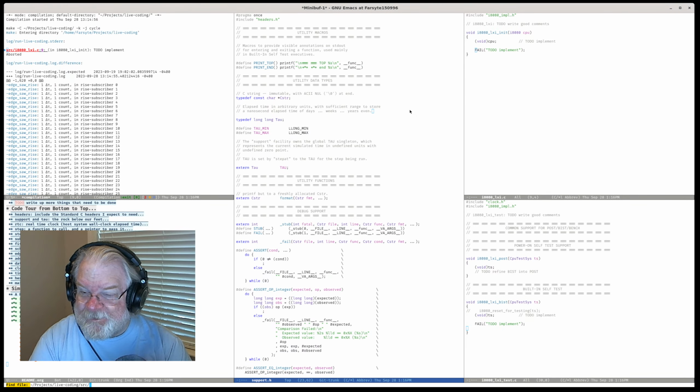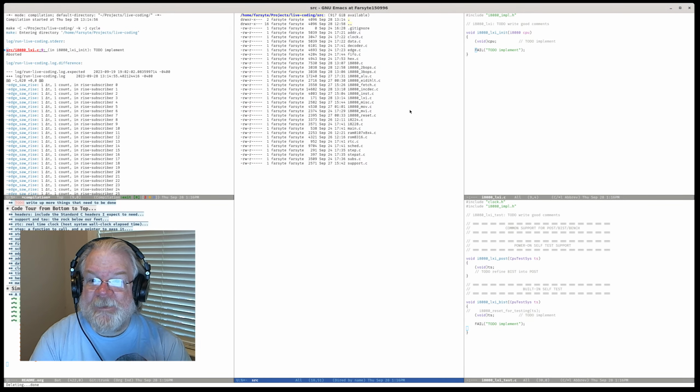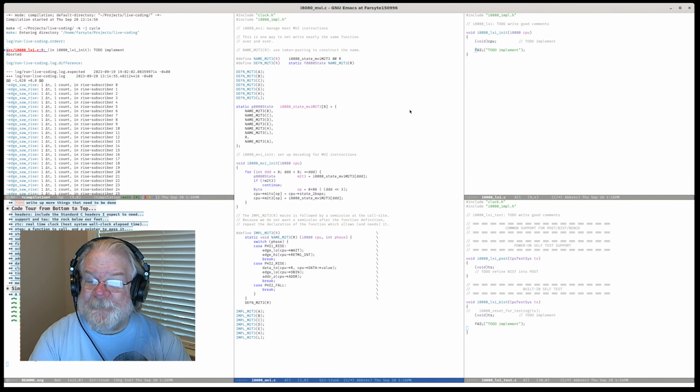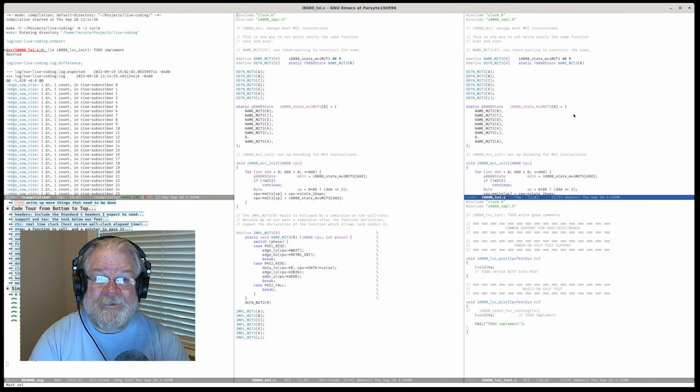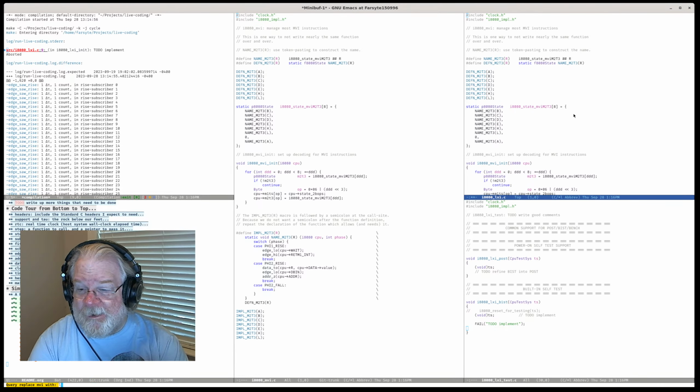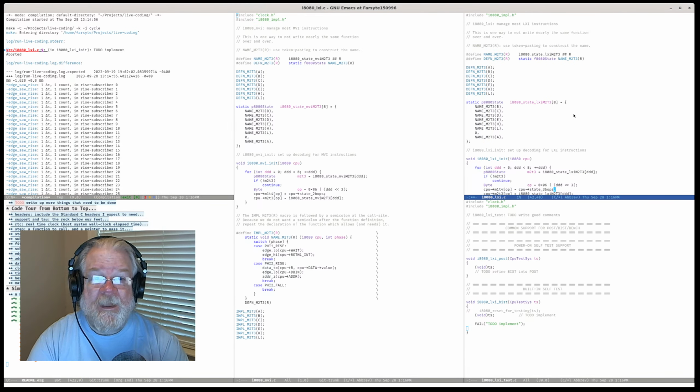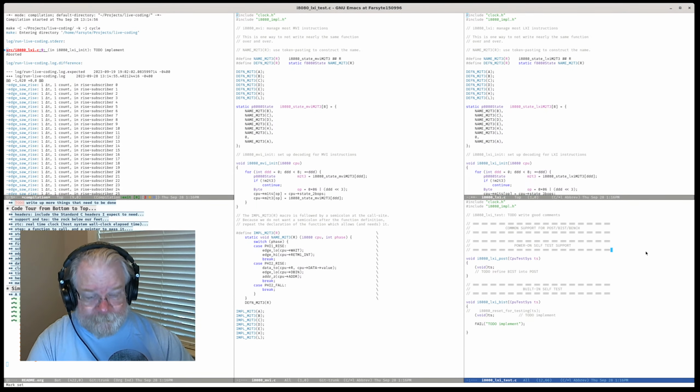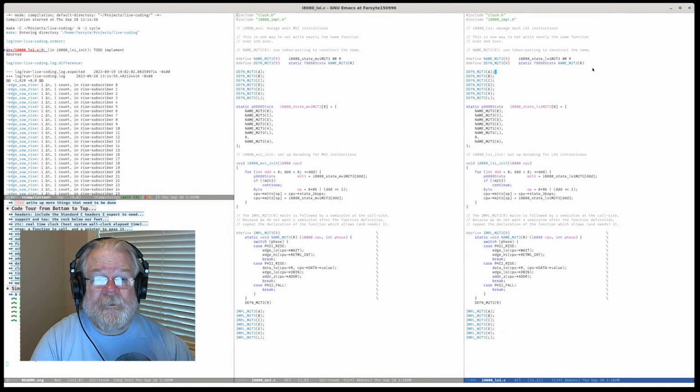Okay, so source. Where is MVI? MVI, I think, is right there. So really what I should be doing here is grab MVI, and I'm going to come over here and copy it in, and I'm going to shave it a little bit. MVI becomes LXI, 2 bops becomes 3 bops, and we're going to do a little bit more work. So LXI is manage LXI instructions. It's going to manage all of them.